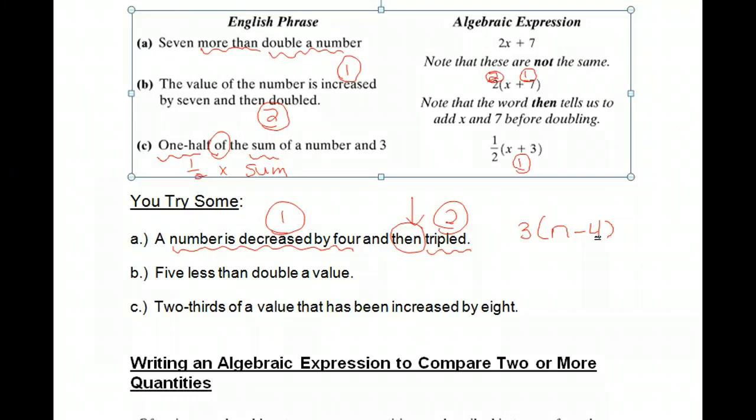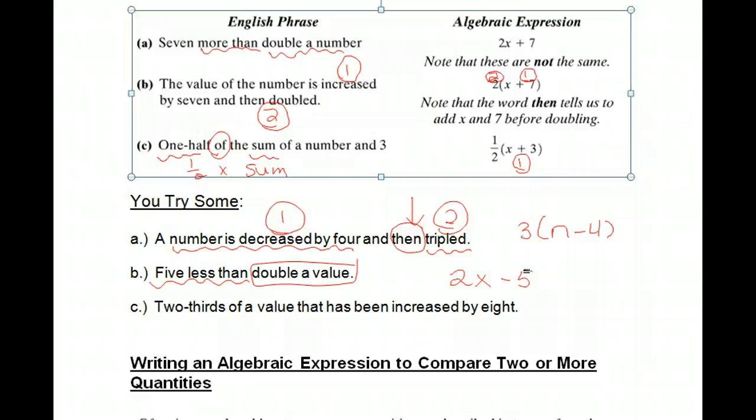Letter B, 5 less than double a value. I am taking 5 off of a value that has been doubled. So I'm going to double my value and then take off 5. I do not need parentheses in that expression because it's okay to just simply follow order of operations there. In letter C,